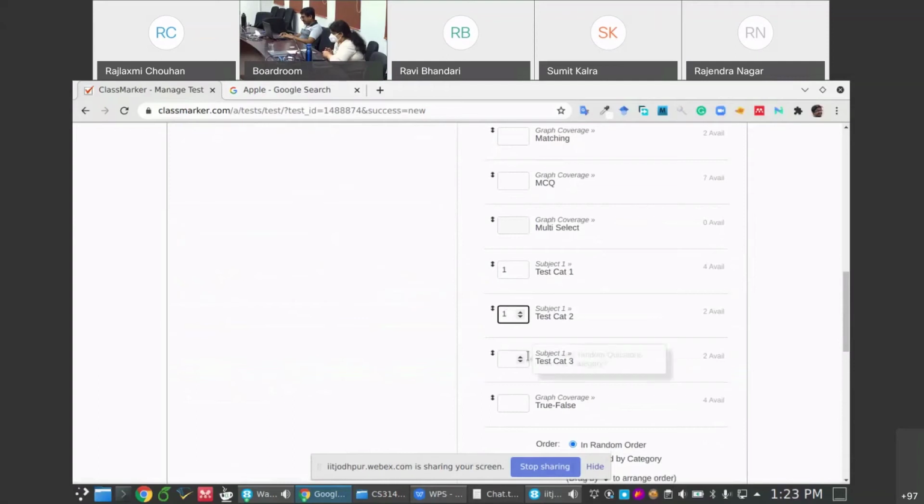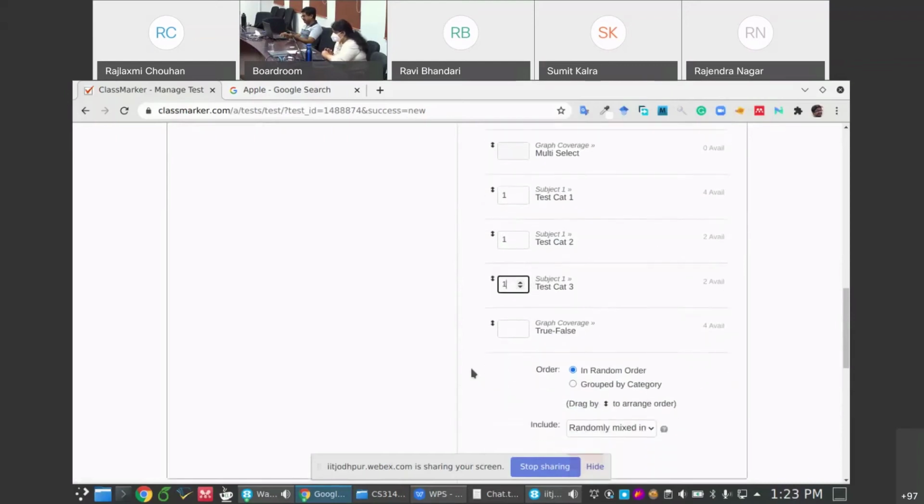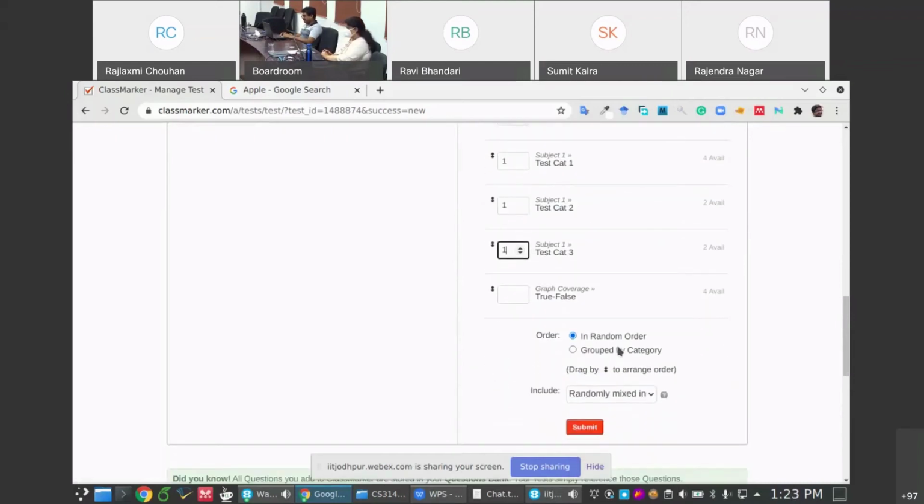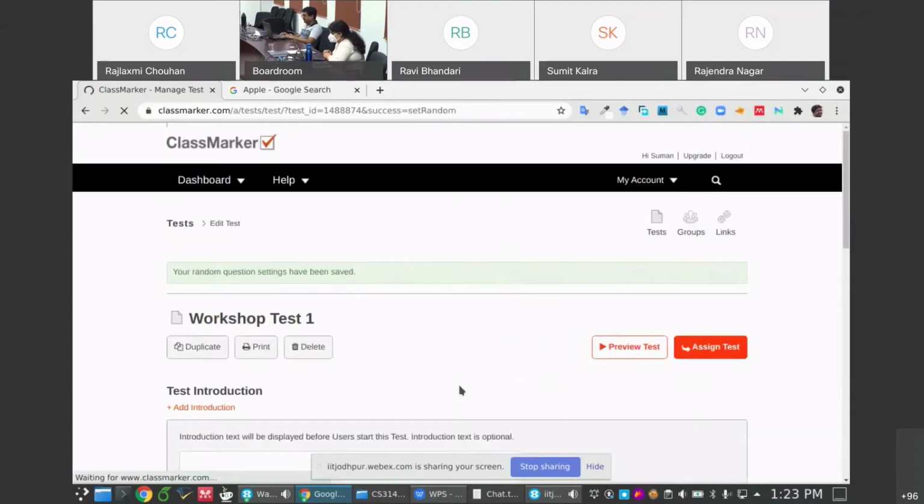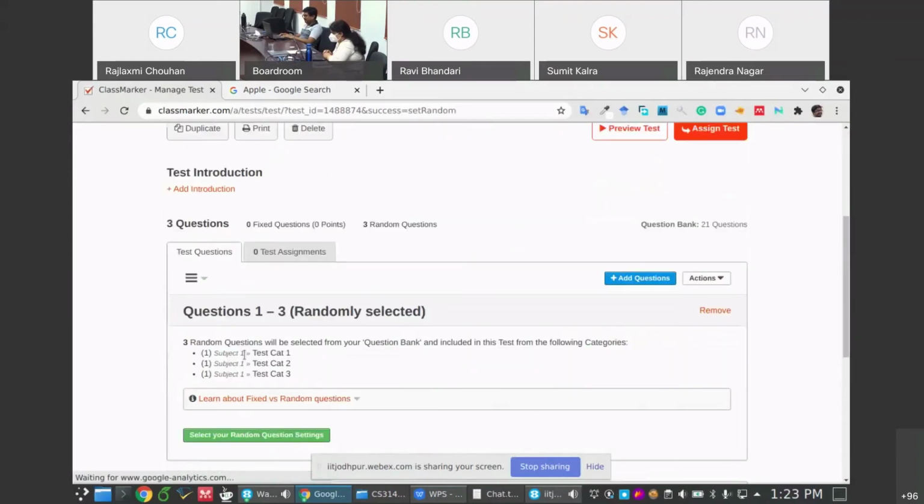Then I can add from test category 3. So three questions essentially will come to this test. Now, whether this will be grouped into a category or be in a random order, I prefer random order. Now you submit that, and you have a test rule coming here: one from category 1, one from category 2, one from category 3.